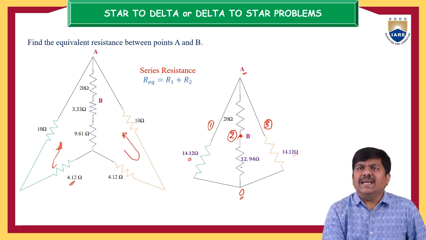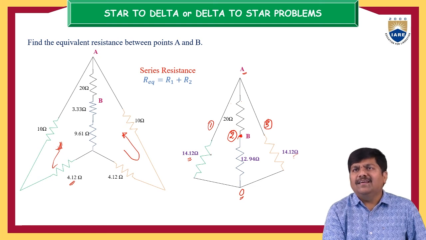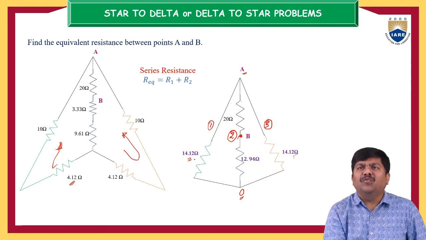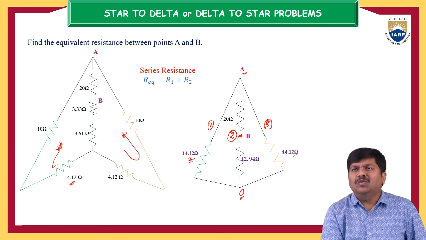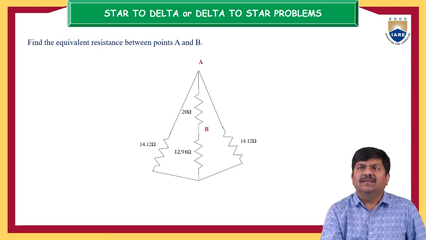So of course A and O, with the help of the second branch, is a combination of again two more resistances. Let us see about the second branch later. But if you keenly observe branch 1 and branch 3, branch 1 is 14.12, branch 3 is also 14.12. These two are said to be in parallel. So we can eliminate these two branches and we can equivalently represent them with one branch resistance. So 14.12 and 14.12 are in parallel. Having equal resistances, the equivalent is nothing but half of the individual resistance.